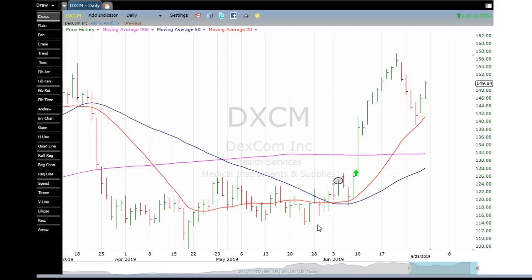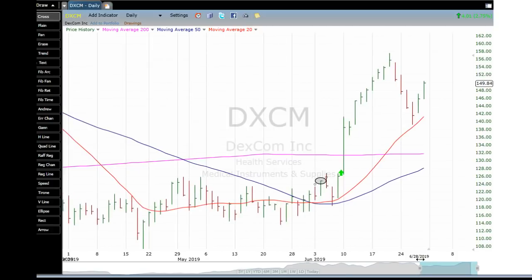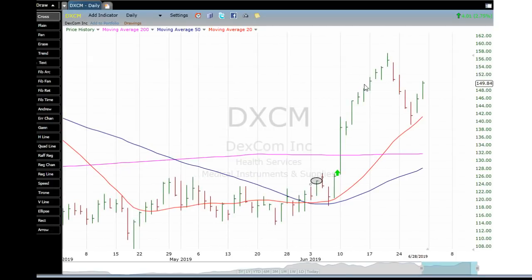So Dexcom pivoted off a nice base. It's been in a strong uptrend prior to that, but it's a whippy stock, and you can see here it turned its 3 day chart down, three consecutive lower daily lows, and closed on its lows, so we didn't do anything here. But it basically tested its rising 20 day, this red moving average, on a Wednesday, and we saw the